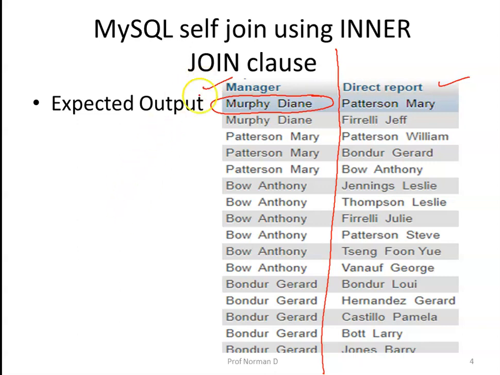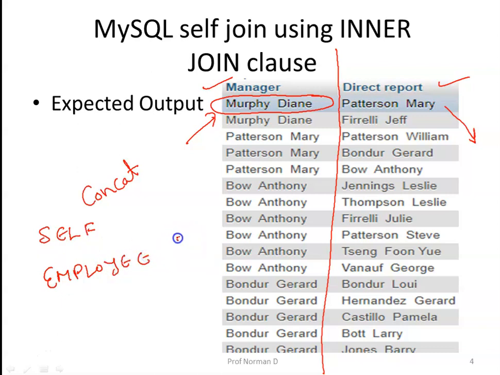So basically over here some inbuilt function has been used, that is the concat function under the manager attribute, as well as the concat function under direct reports. You need to keep in mind that when we make use of a self join, we use the same table, that is the employee table, twice but with two different names. So we use name 1 and name 2 when we are working with a self join.